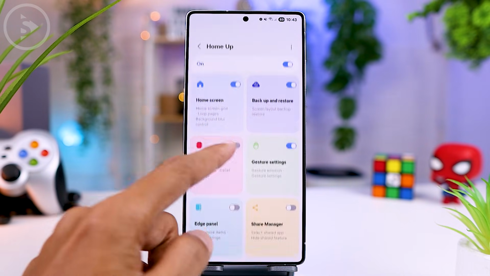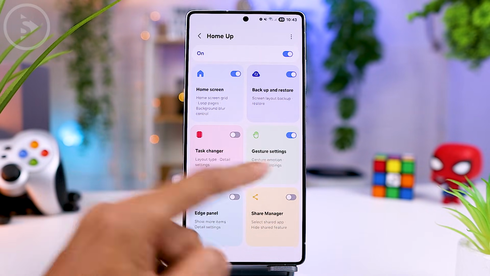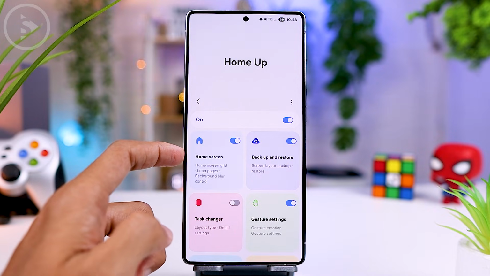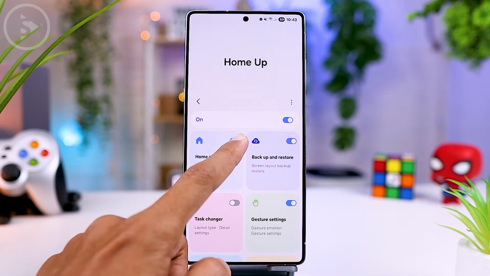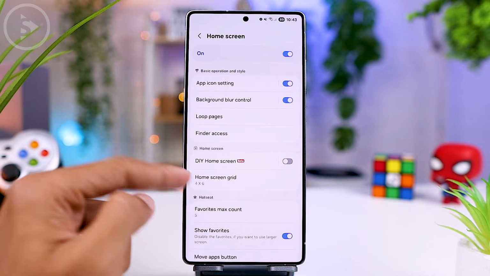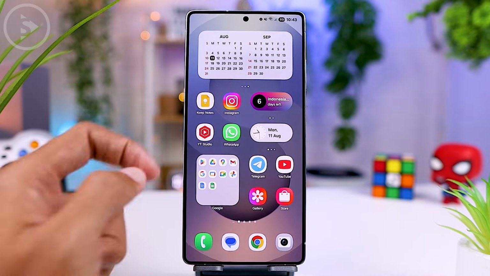Inside the Home App module, there are several settings you can adjust. There is the home screen, backup and restore, task changer, gesture settings, edge panel, and share manager. For this video, since we are focusing on the home screen look, we'll activate the home screen settings. Then tap on home screen settings, and you'll find various options that you can use to change the appearance of